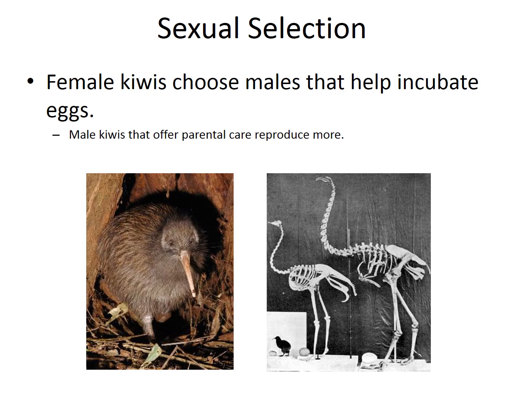They can also choose based on parental care. For example, female kiwis choose males that are going to help to incubate their eggs. And they can actually have kiwi divorces. Kiwis usually pair up for life, but if that male is not doing a good job of helping to incubate the eggs and provide good parental care, that female will leave him and choose a new male for subsequent mating seasons.